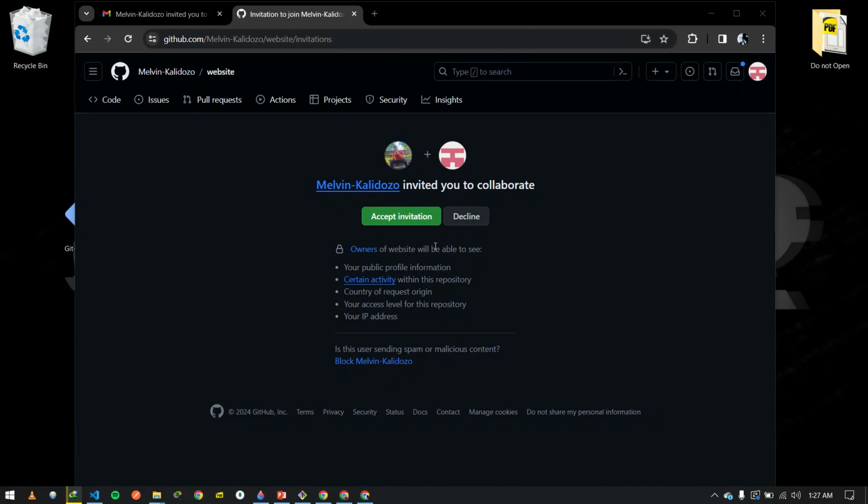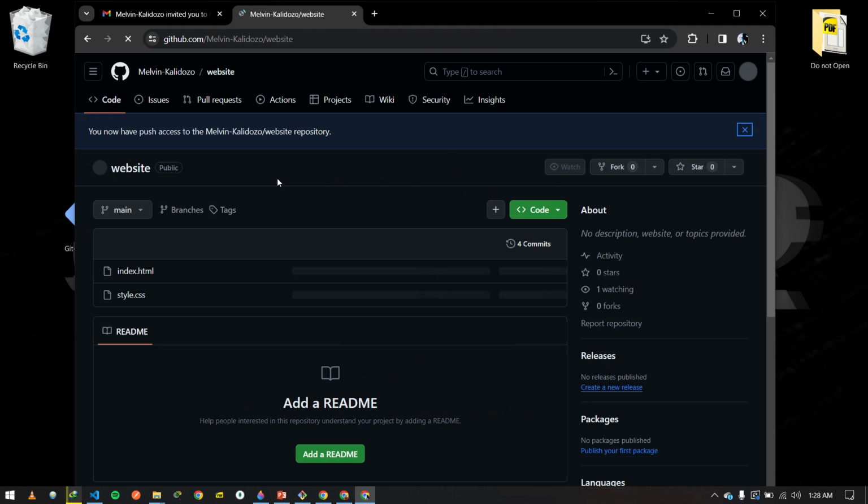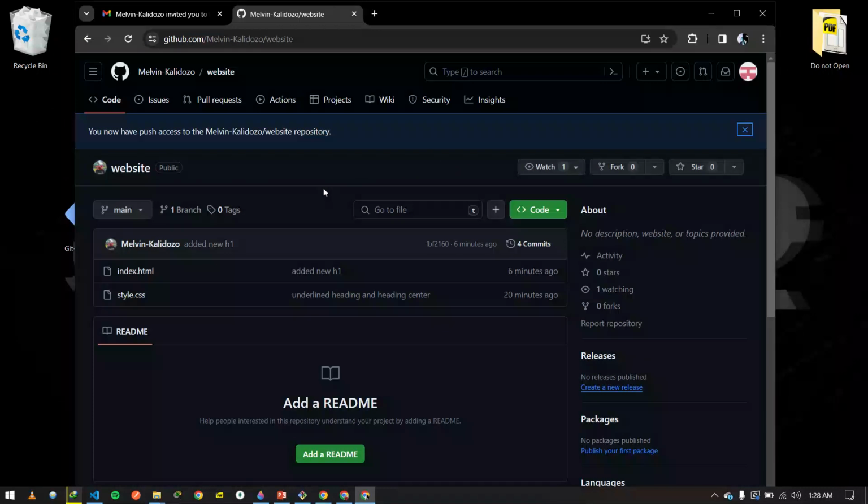Okay, so it brought me to a window. It gives the option to accept the invitation or not. So I accept the invitation. So let's wait for it to load. So yeah, my network is kind of poor, but wow, things are working out. There we go. So now using my other account, I have managed to log into that particular repository